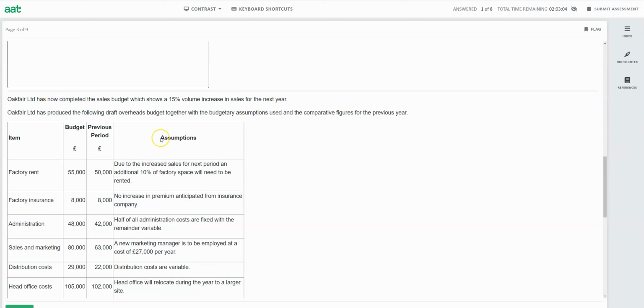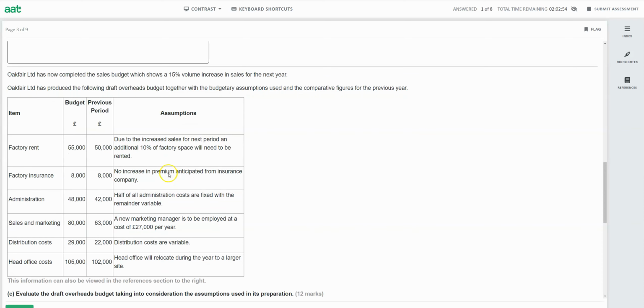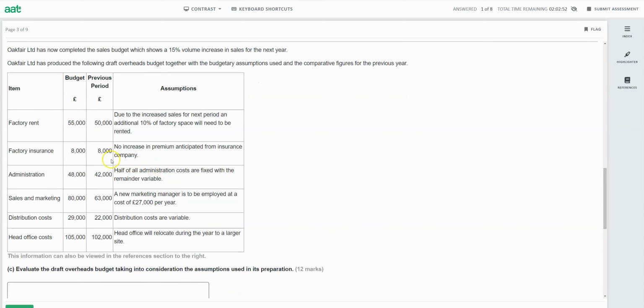Assumption means why they are telling us this year the cost will be this. So this is the assumption they're making based on the previous year budget. Okay, let's have a look. The first one says here, factory rent. Last year the factory rent was 50,000, and this year the rent is 55, only increased by